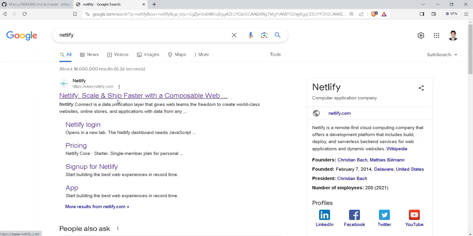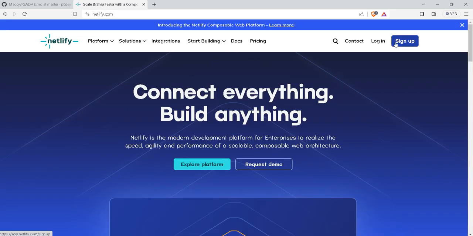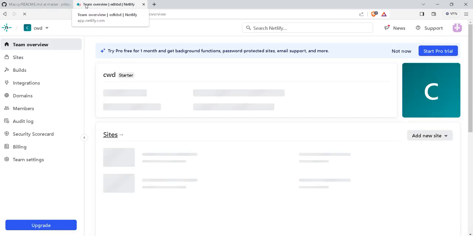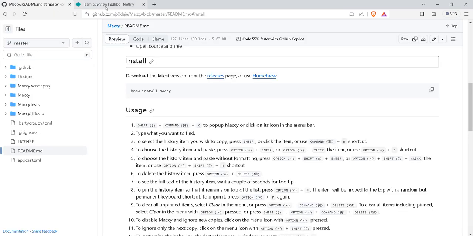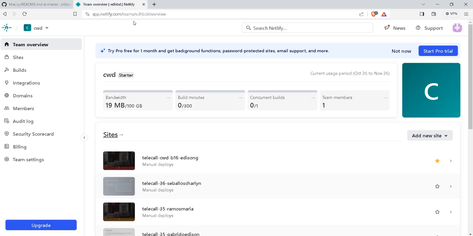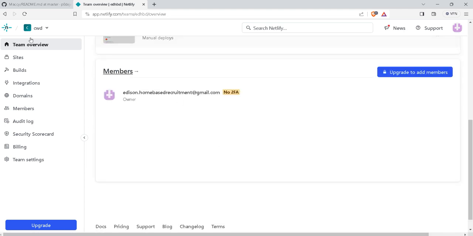Once you already have a GitHub account, let's open Netlify. The easiest way to sign up for Netlify is via GitHub. Please do not choose the sign up via email. Please choose sign up via GitHub. It's much quicker, and it won't ask you a lot of things. Once you've signed up,